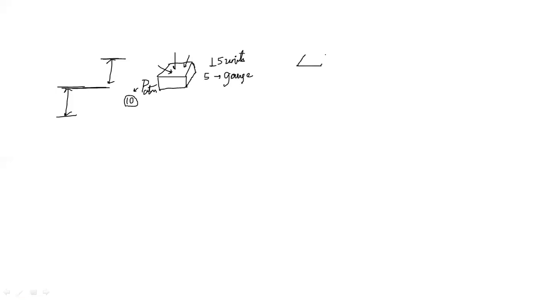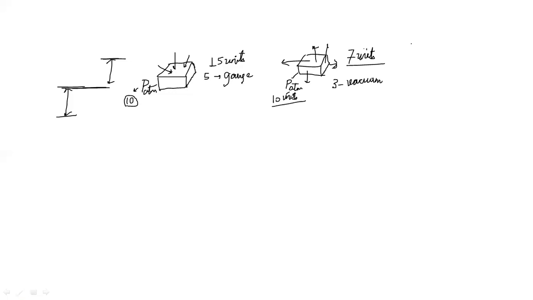In the other case, in the same box, suppose initially we have the normal air filled in, which is the atmospheric pressure, that is 10 units. And then through some arrangement, I try to suck out the air from this box. In this case, when we suck out some air from this box, because of the loss in air, pressure falls down to 7 units. So initially the pressure was 10 units, after removing the air the pressure was 7 units. So this loss of 3 units is known as the vacuum pressure. So through a very simple example, we have understood what is gauge and what is vacuum pressure.